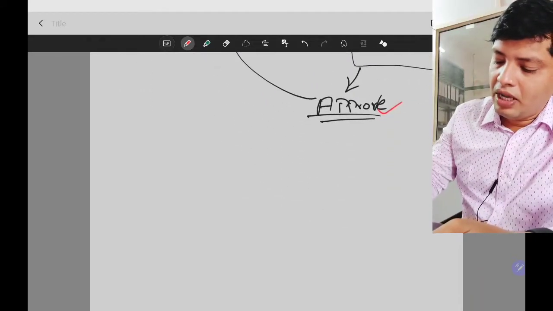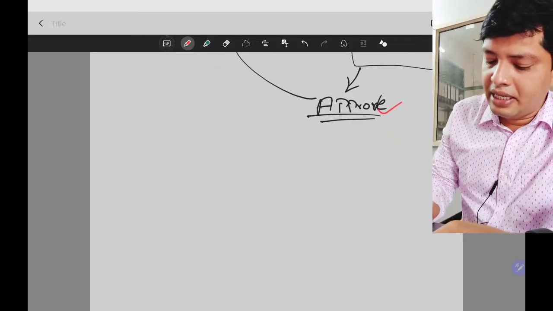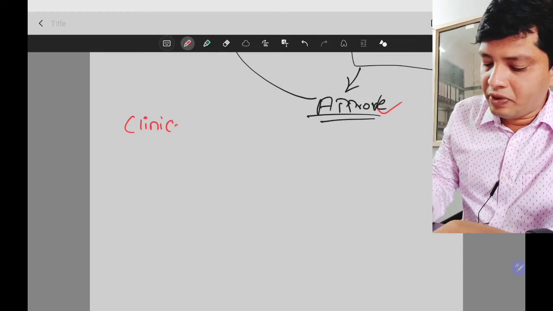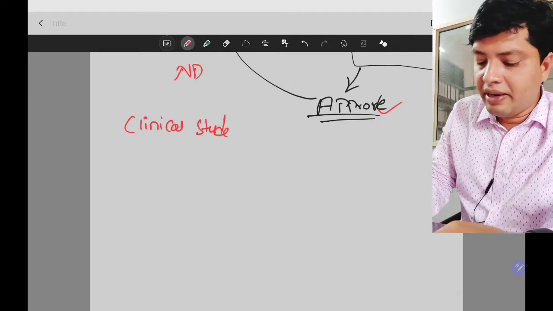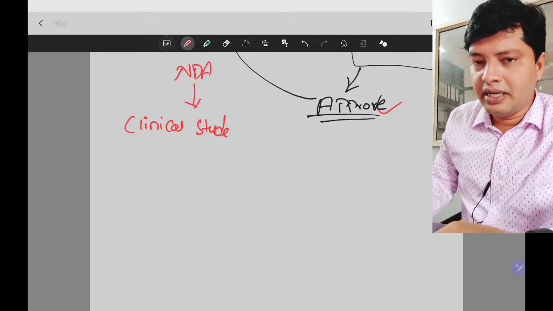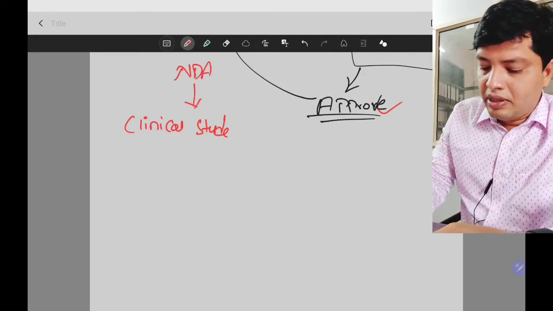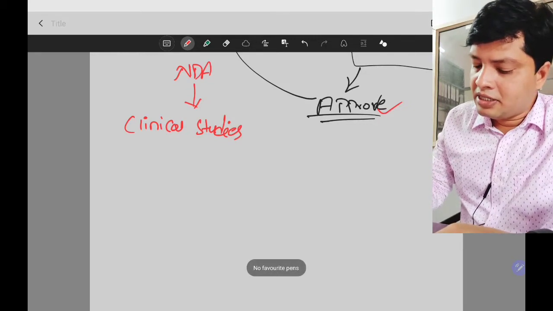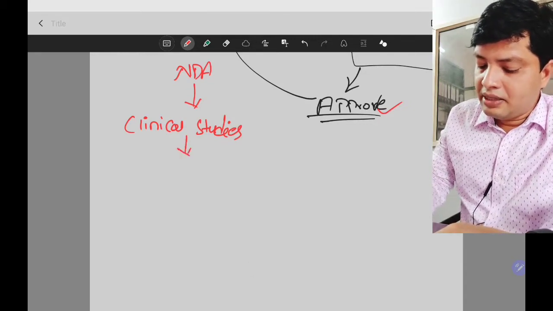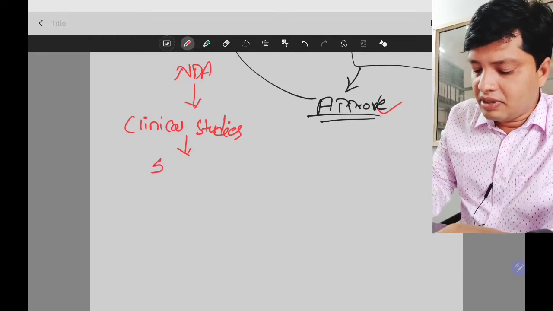Now, let's say he conducts clinical studies. After getting your NDA approval, you will conduct clinical studies. After conducting the clinical studies, let's say the clinical studies are successful.